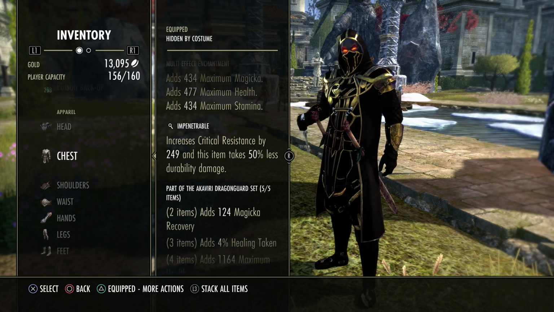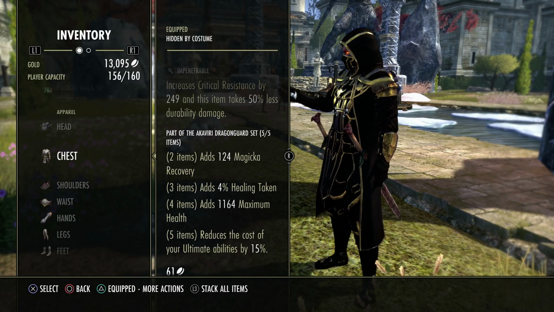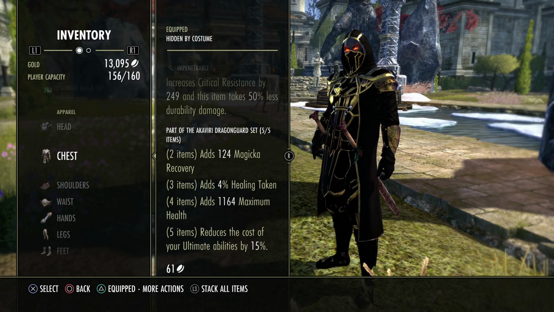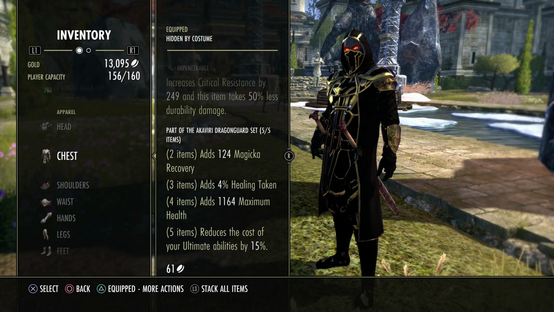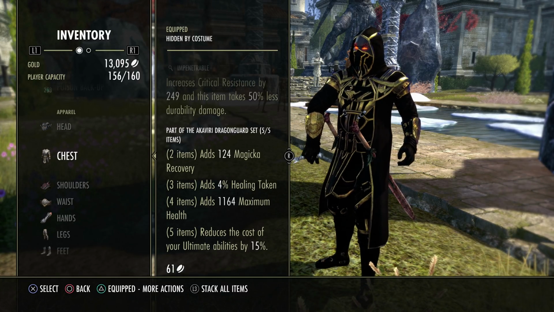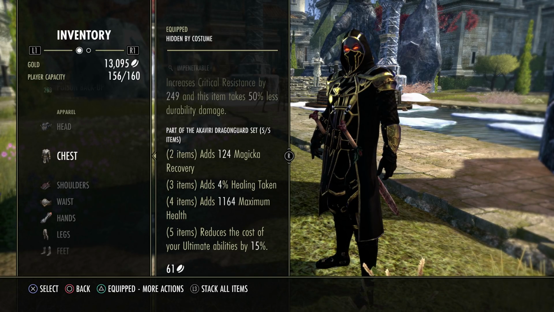Now, the dragon will give you Magicka recovery, which you need, healing received, which you will need, health, which is awesome, and reduces the cost of your ultimate by 15%, again on top of the passive from the Sorcerer. So this is why our ice comet, or shooting star rather, is 148, and why our bats is only 94. Now, again, don't forget we can also build ultimate another way, because if we fire shooting star into a room